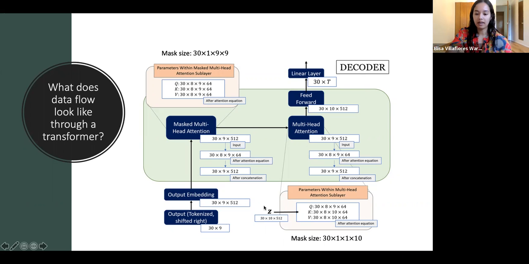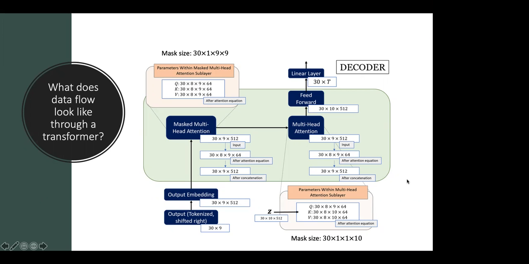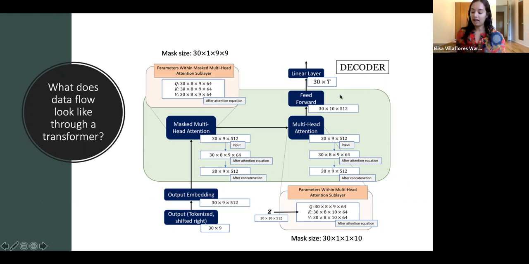Yes, but the context vector is still going to be 30 by 10 by 512. Correct. But when you go through the math here, you'll still end up getting a 30 by 9. They will cancel out when you multiply this, basically when you multiply Q times K times V. Okay. And the output is 30 times t. What is t? Yes, so t is going to be the length of your dictionary. If we remember from the very beginning, if we have a 10,000 word dictionary, then at the end of this we're going to get a 30 by t matrix.